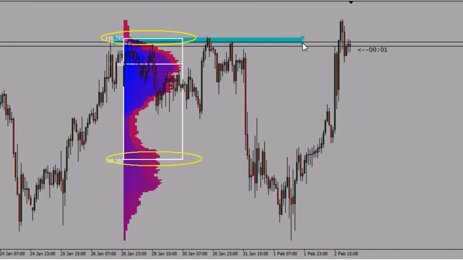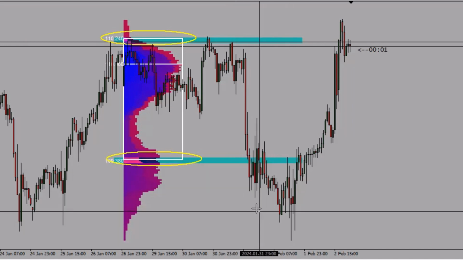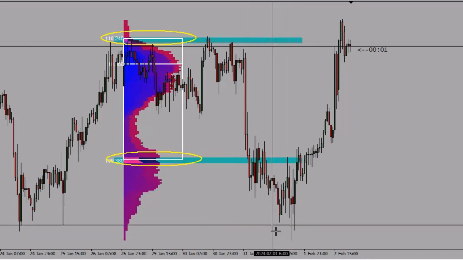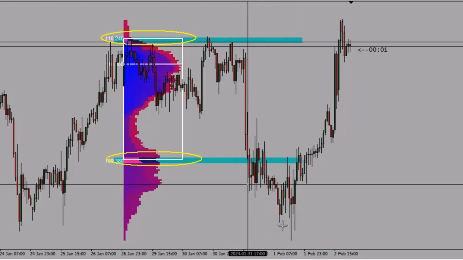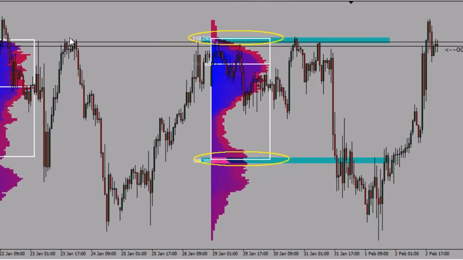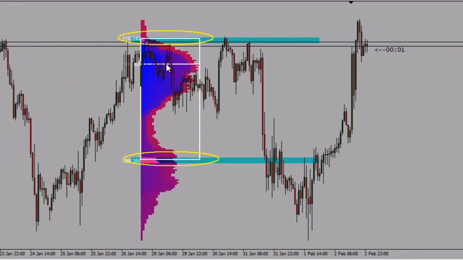Let's go ahead and illustrate that as well. Right there, boom. And then we have the bottom down here. Now, mind you, it does go past it a little bit, but in other videos we'll teach you how to catch that. All right, now let's go to the previous day's value area. Also, this white area right there,